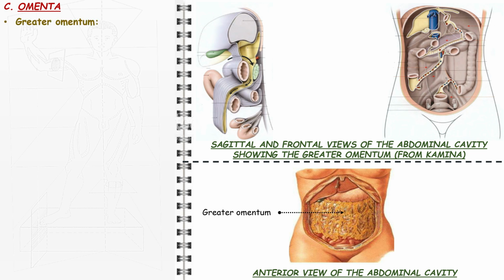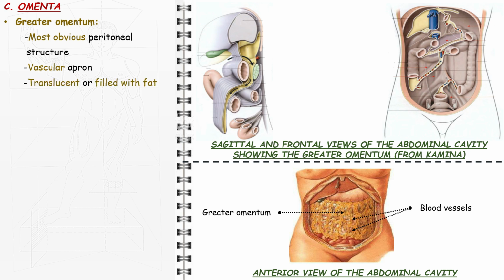On opening the abdomen from the front, the most obvious peritoneal structure is the greater omentum. It hangs down like a vascular apron from the greater curvature of the stomach, overlying coils of intestine. It may be translucent or filled with fat, depending on the nutritional state of the individual. It is the most vascular part of the peritoneum and is often called the policeman of the abdomen, since it can move to a site of infection and become adherent to it, bringing to the area protective leukocytes and walling